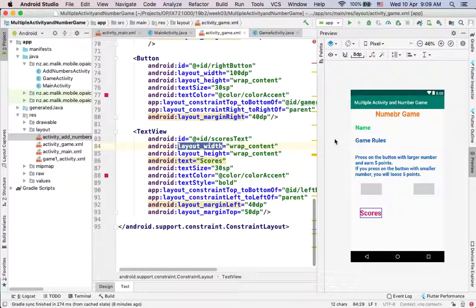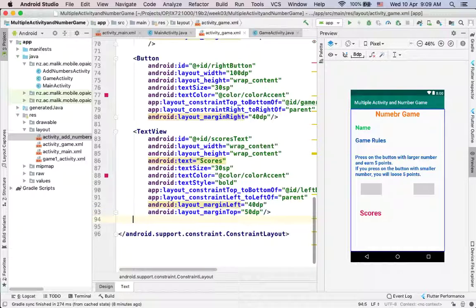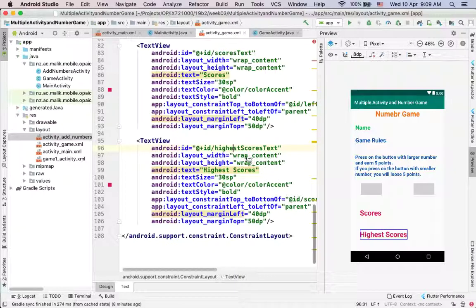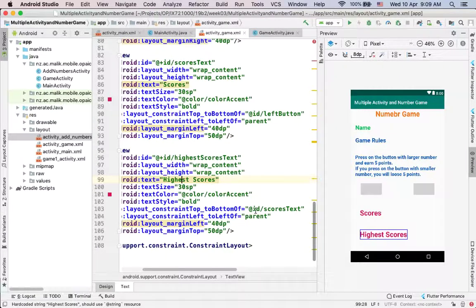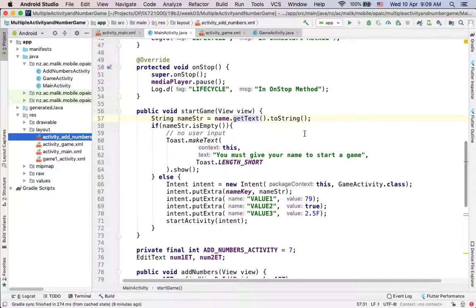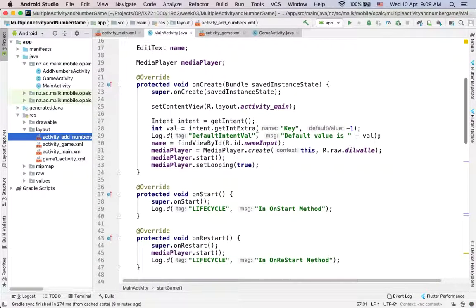For that purpose, I need another text view here. I have already created it, so you can just see that I have put it over there. So I have that highest score text, giving the ID. Again, we are setting the text, selecting the size, putting some constraints on the positions, what will be the left and the top margins, and so on. So we want to show that highest score here. Okay. So first of all, inside our activity, on create,